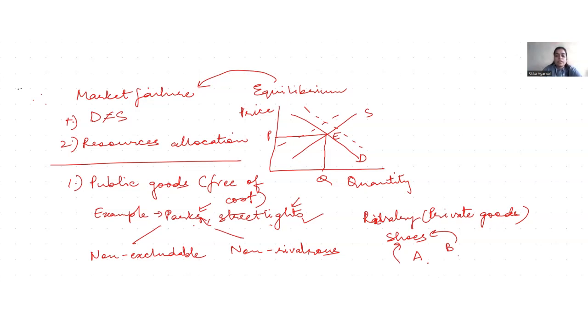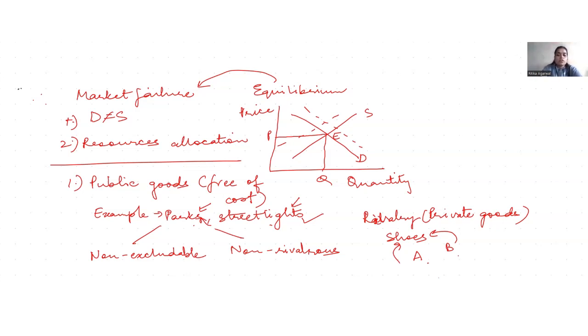So we have costs that come under negative externality, and we have benefits that come under positive externality. So we have two broad categories of externalities, negative and positive. When the third party bears something negative, that's called negative externality. When there's a benefit to the third party, it's called positive externality. Now, underneath these two broad categories, we have negative consumption externalities and negative production externalities. Similarly, positive consumption and positive production.